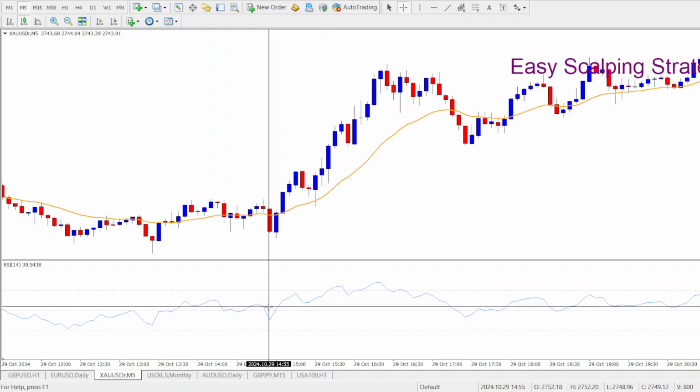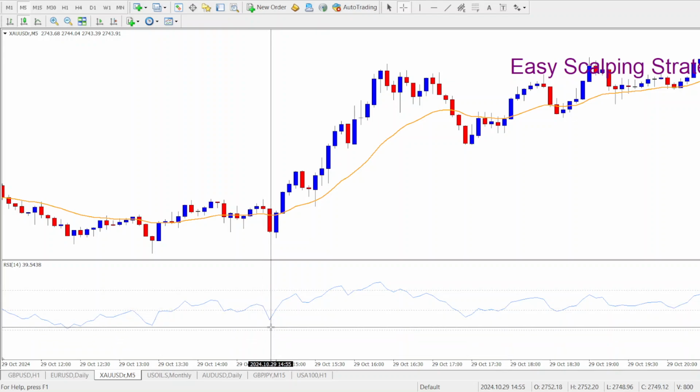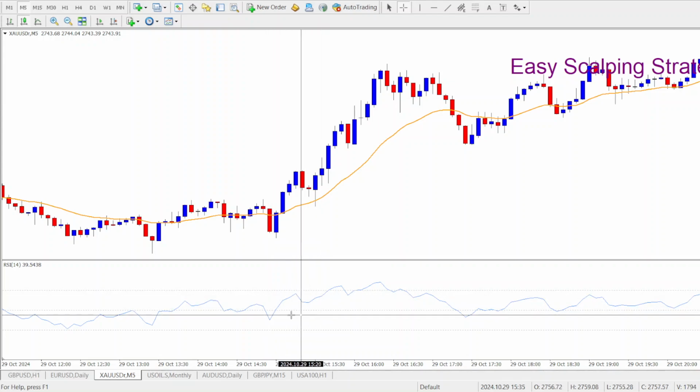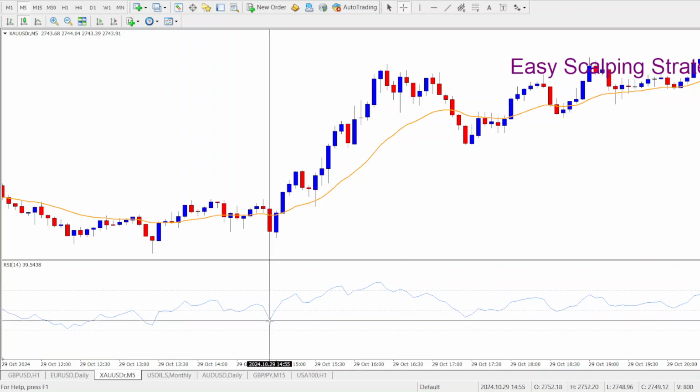It may not necessarily be inside the oversold level, but so long as it is below the 50 level and pointing upwards, as we can see,